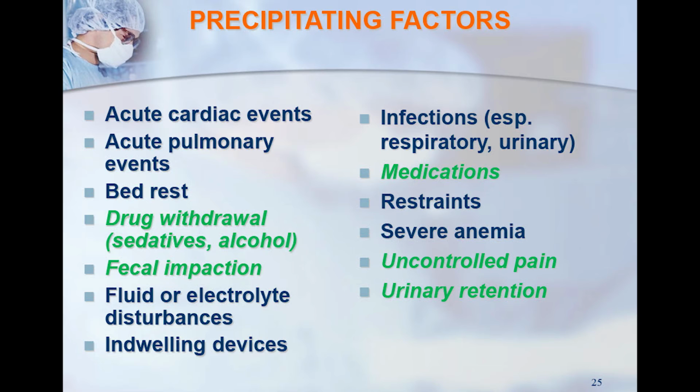Restraint, anemia, uncontrolled pain. In post-op patients, surgery patients, if you don't control the pain, that is a risk. If they receive morphine, a strong pain medication, you need to control the pain even though it's opioids. Morphine and similar drugs are a risk for delirium, but uncontrolled pain is for sure a risk factor for